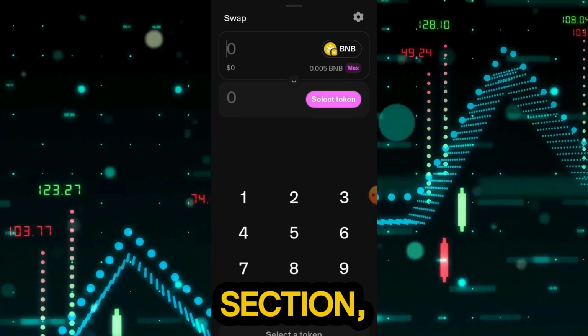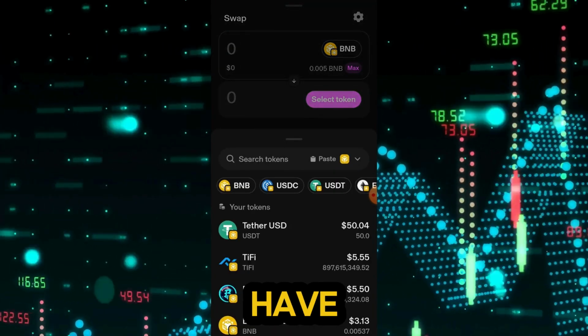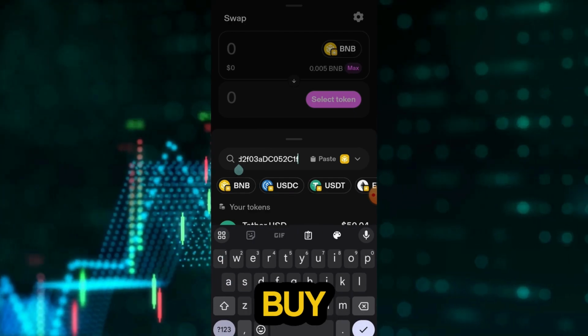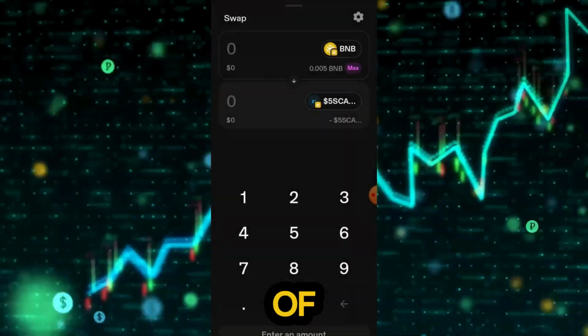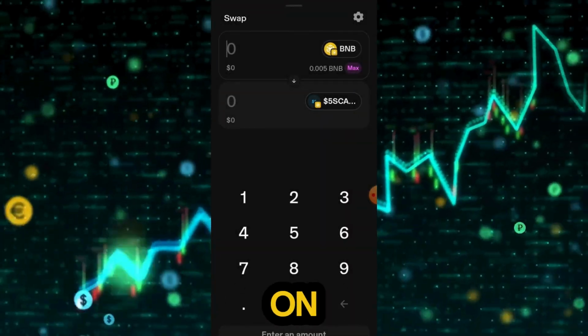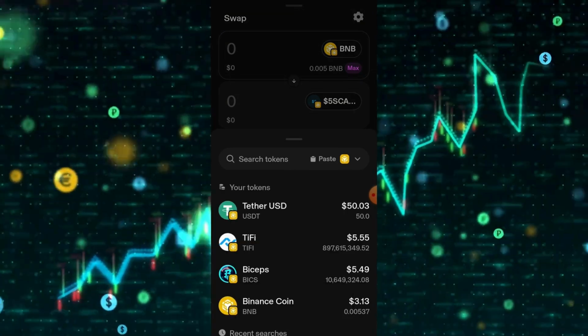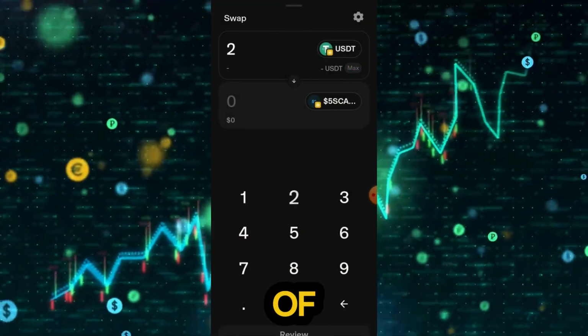Here is the swap section. I'll then click on where we have select token. Then I'll paste the contract address of the token I want to buy. As soon as I've pasted it, the name of the token will appear and then you can click on it and confirm. Okay, since I have my funds in USDT, I'll have to change the upper part of the swapping